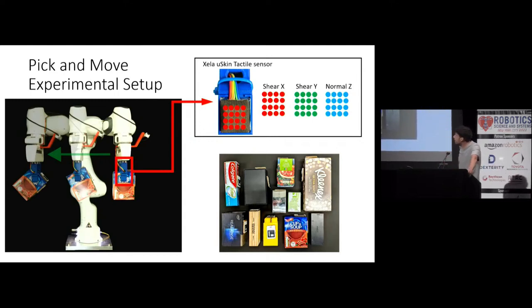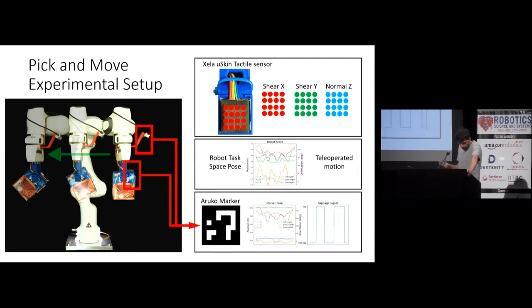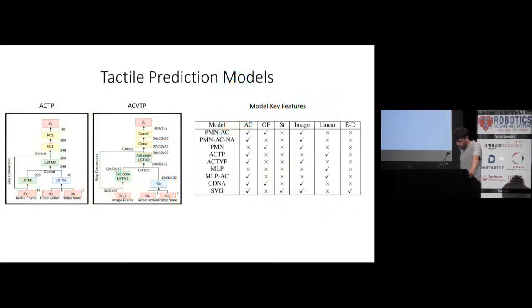So we used a low-resolution magnetic-based tactile sensor called the Xela uSkin, which takes shear X, shear Y, and a normal Z force. We also stored in our data set the robot states, so we could actually condition our model. And finally, to test slip prediction, we also attached the ArUco markers to the side and top of the object, which allowed us to classify when slippage was happening by thresholding on the yaw values. The data set in total was 52 trials for training and then 22 trials of unseen objects for testing.